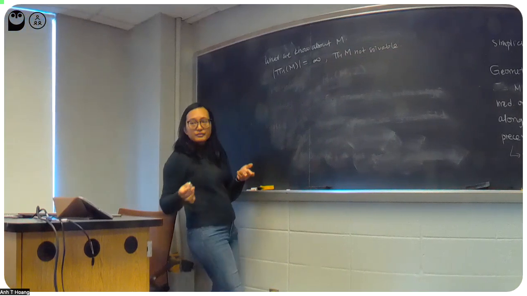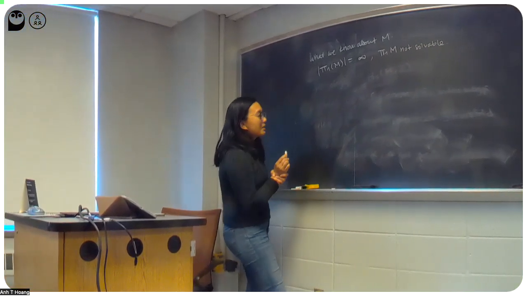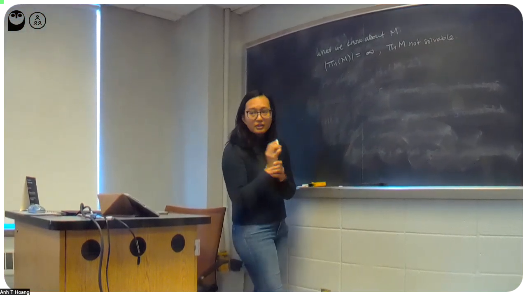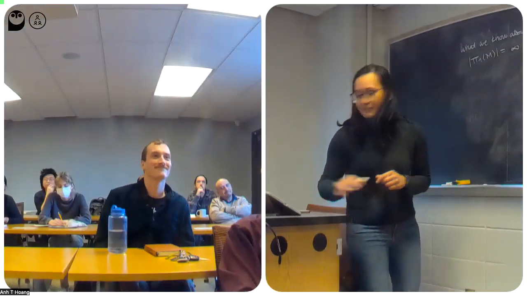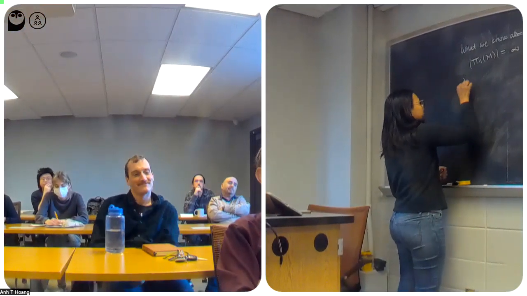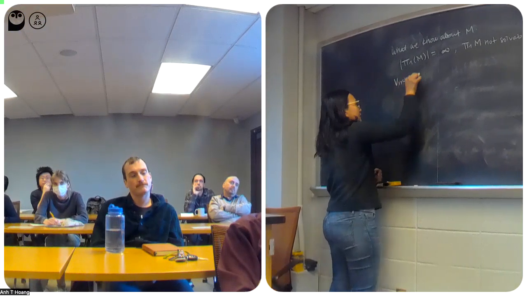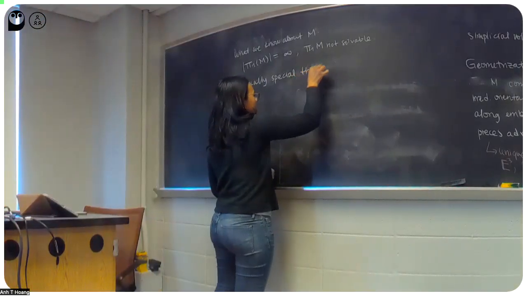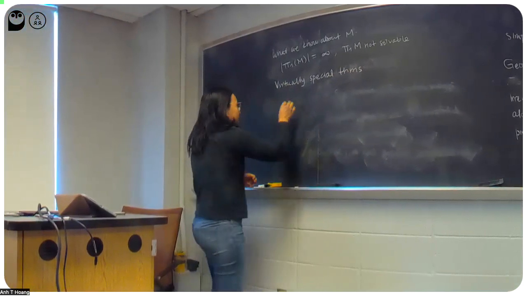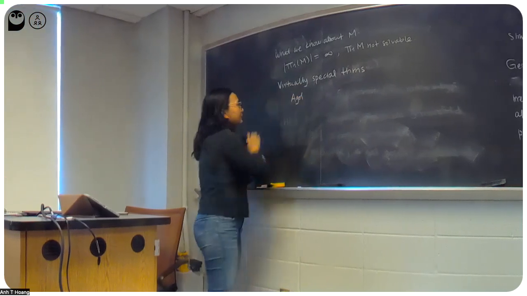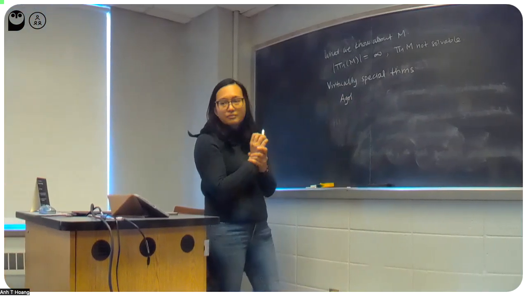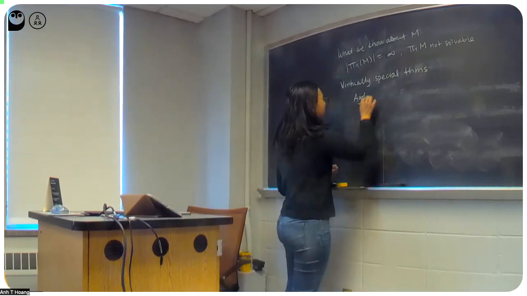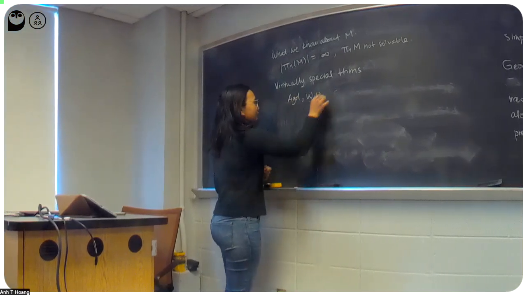But also there's a lot of really big theorems that have come out about three manifolds in the past 10 years or so, so not yet classical. The virtually special theorems, I'm going to say it like this, but there's really a lot of work that goes into this, and I'll mention some names. So I guess the main result here is due to Agol. This is a $3 million result. He won the breakthrough prize. That's $3 million for this work. There's stuff of Agol, there's stuff of Wise.